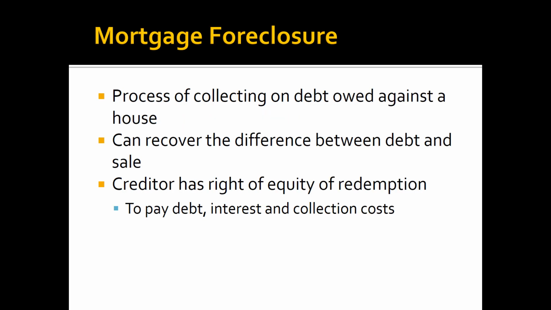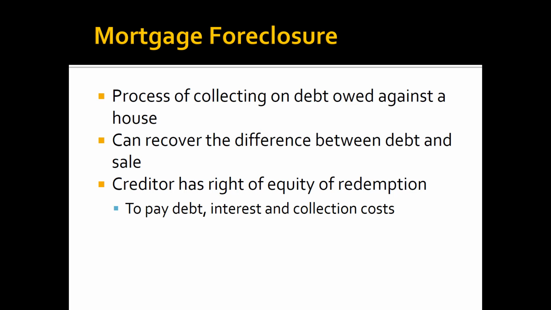All right, well, sometimes, sadly, people can't pay. So we have foreclosure, and this is the process of collecting on a debt owed against a house or piece of property. And what you're looking for is, if I'm owed $80,000 and the house is worth $100,000, I'm going to sell that house, hopefully for $100,000, and I'm going to get $80,000 and give the other $20,000 back to the homeowner. We're assuming that nobody here is underwater. Now, debtors in a foreclosure, if they can pay off the debt, the interest and collection costs, have a right of redemption. They can stop the foreclosure. Once it's going, it's not necessarily over.